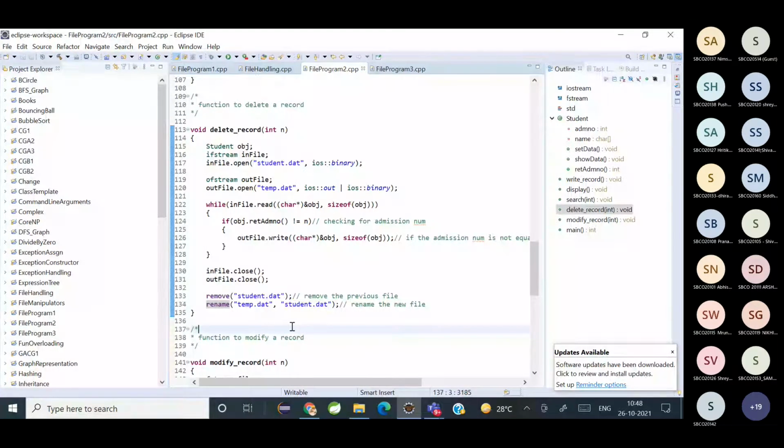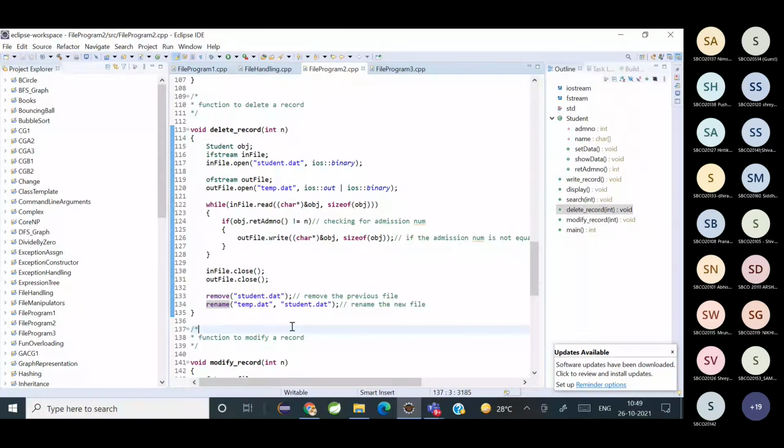And once the entire function is over, that is you close all the objects, then you remove the actual file and you rename the new file with the actual file's name. Is it understood?